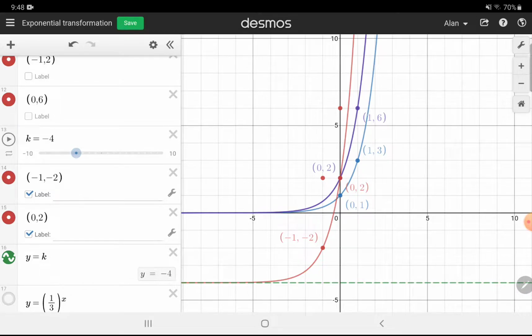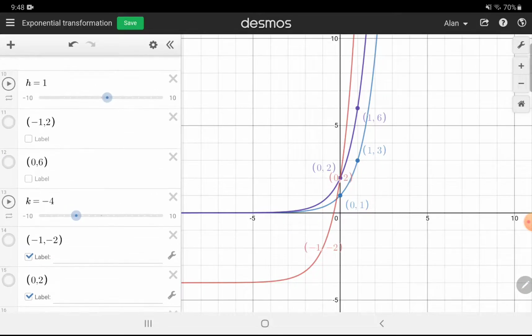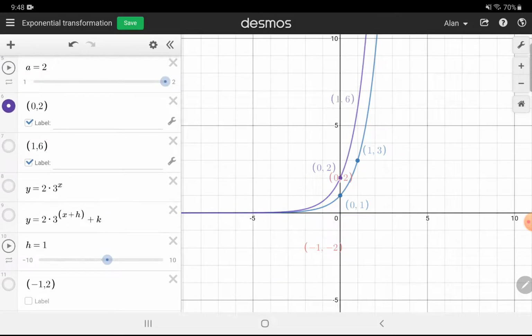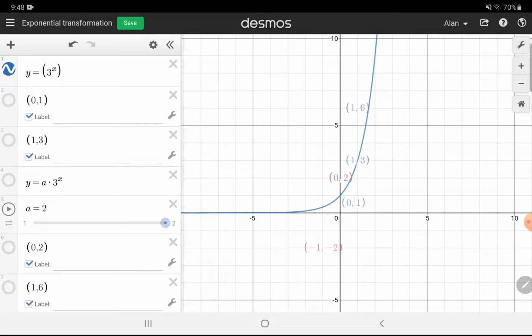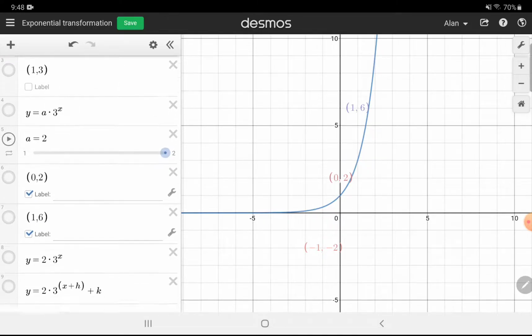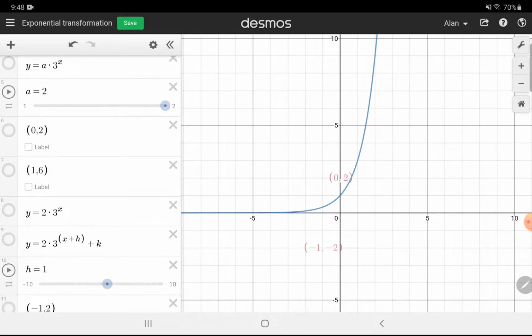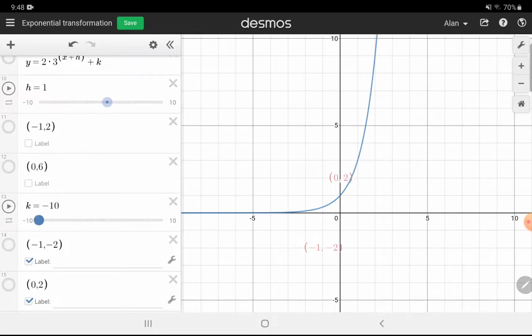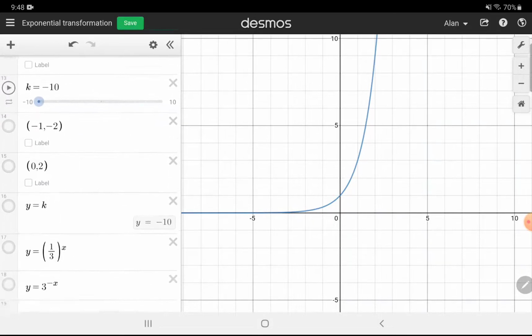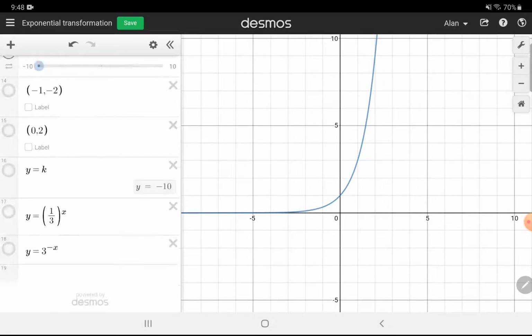All right, and then the last thing that I also wanted to show you was how, going back to the original, there we go. So our original graph of y equals 3 to the x, I have another label here, take that off. Okay, oops, I have another label somewhere else, right here, -1, there we go. Okay, so our original graph of y equals 3 to the x, if we compare that with y equals 1/3 to the x, we see here that this is going to be an exponential decay graph. We see that the 1/3